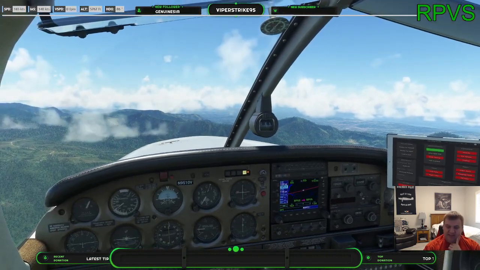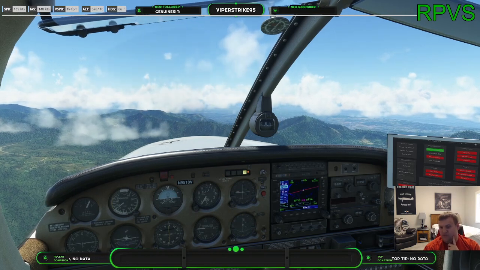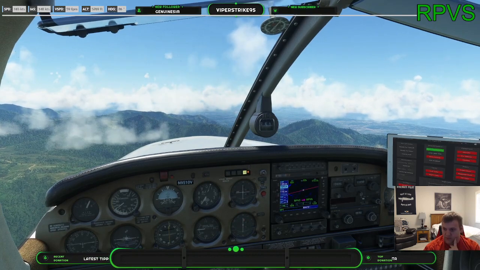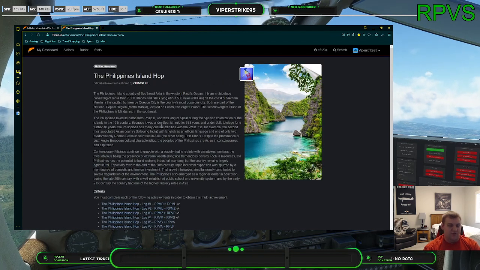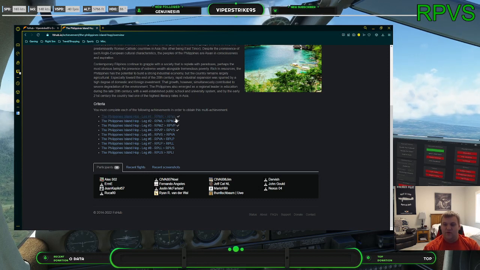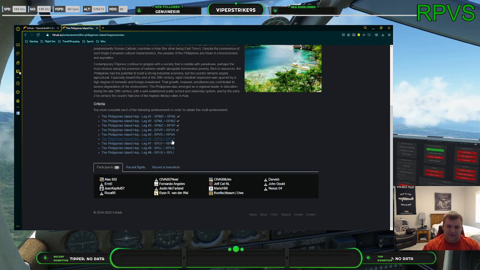So I'm doing this Philippine flight again because I'm doing the Philippines Island Hop Achievements for FS Hub. FS Hub is where I'm doing a lot of the virtual airline stuff. Traditionally, we already did legs 1, 2, 3, and 4. Today we're going to complete legs 5 and 6, and then next week we'll complete the rest of the legs